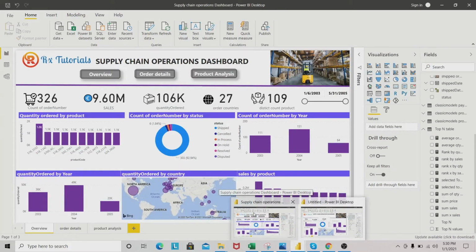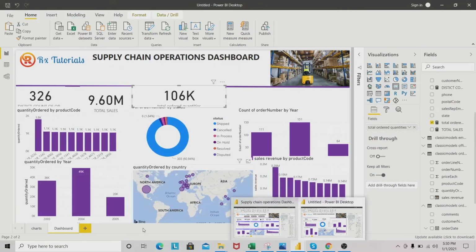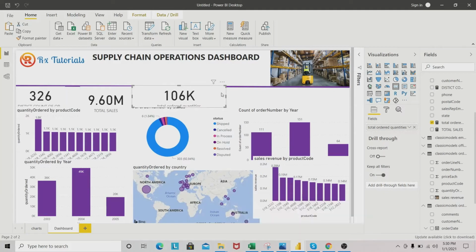That's our third information. Our fourth information we want to display, we want to display the other countries, because that's very important in the supply chain operations. We want to know the number of countries we've been shipping to, the total quantities ordered, the sales we are making, the distinct count of orders for each year. So our fourth card or information we want to display will be to know the count of our ordered countries. So in that,